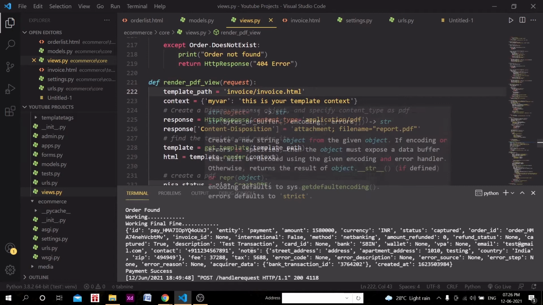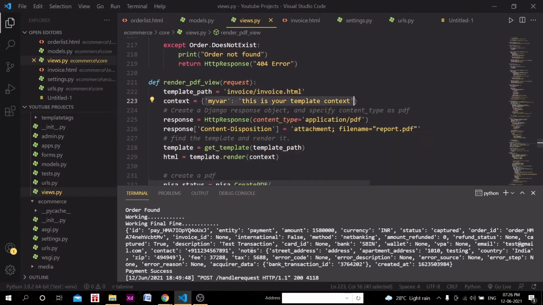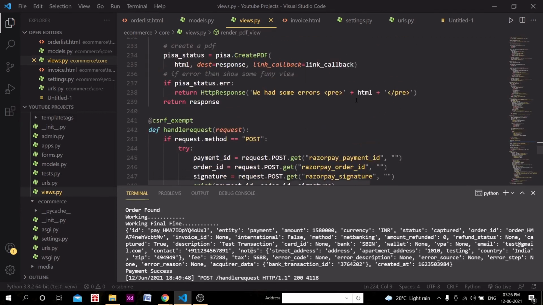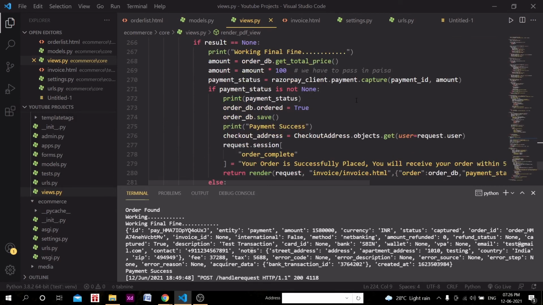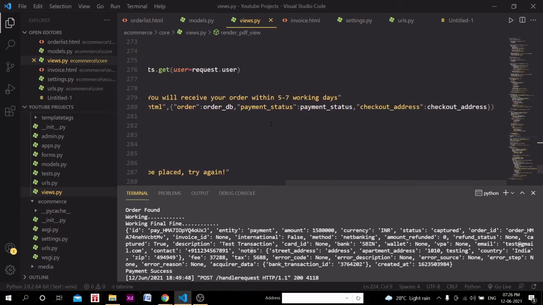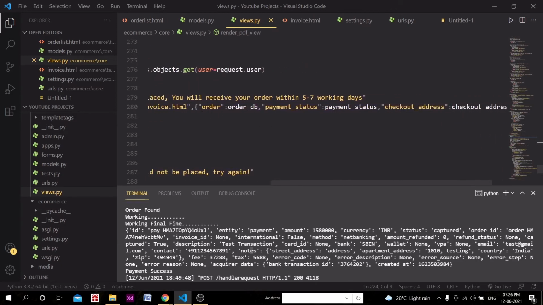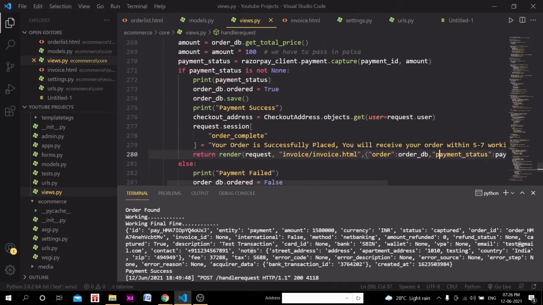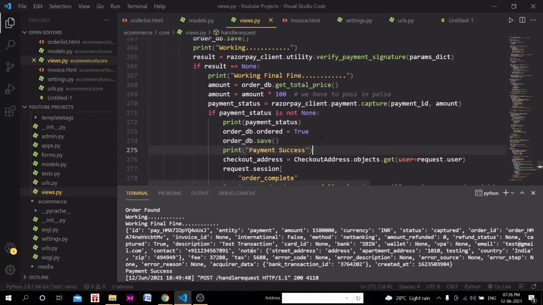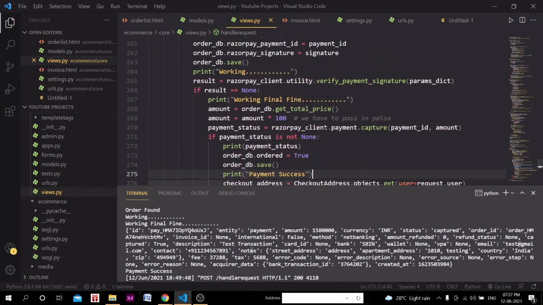We need all these things, and context. This is actually the context dictionary that we should pass here, and remember we were passing, after the payment is successful, this order DB, payment status, and checkout address, right? And what we can do here, payment status we cannot store that thing, okay.